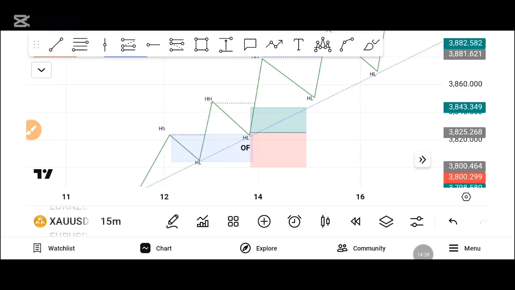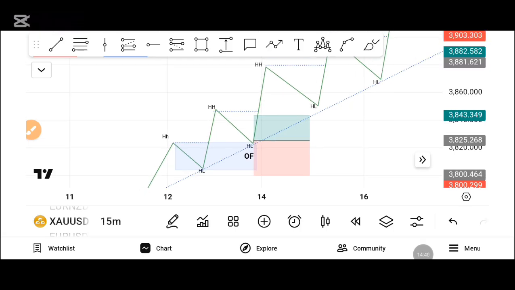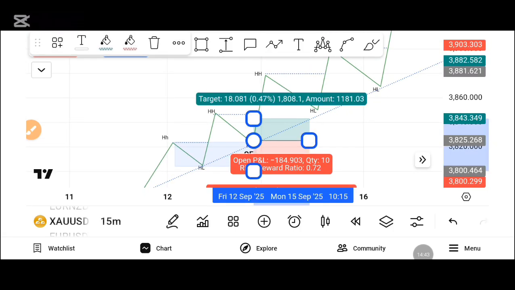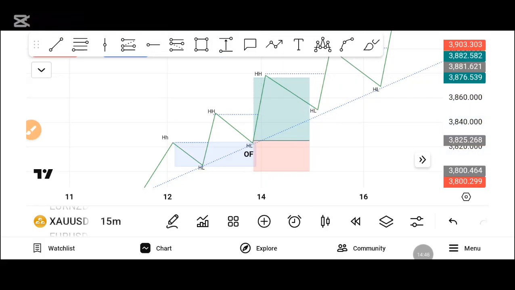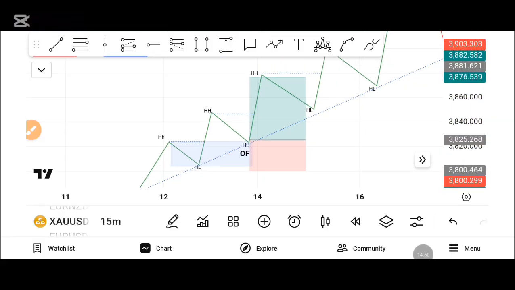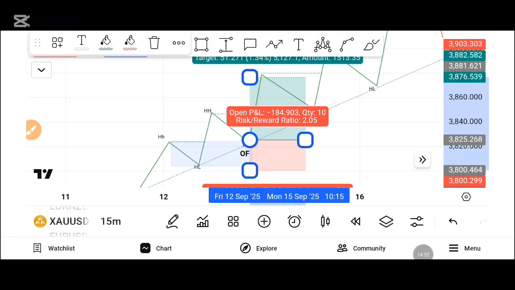So if you take your trade here, just be targeting 1:2 on this particular short. 1:2, and here we have a 1:2 here. Look at it, we have a risk reward ratio of 2.05. Alright,